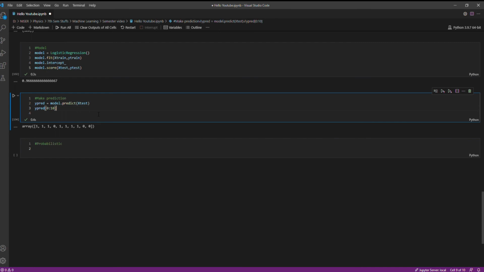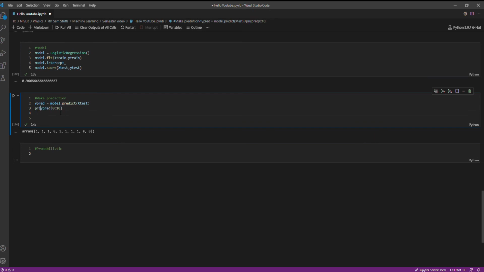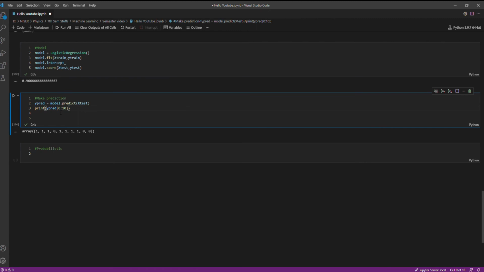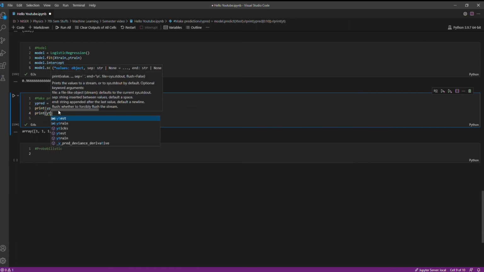Ideally, these values should be similar to the x test. Sorry, no, it is x test. My bad. It should be similar to y test actually. So let us do this. Y test.